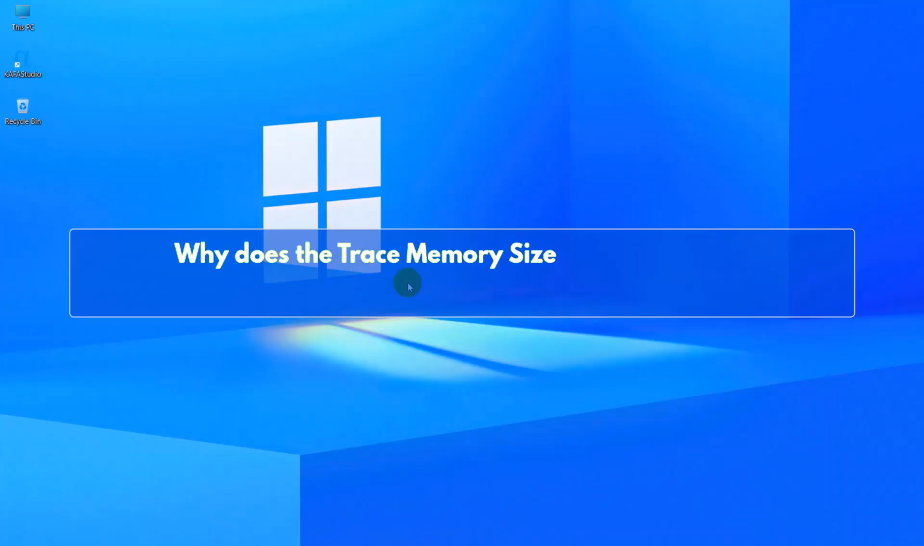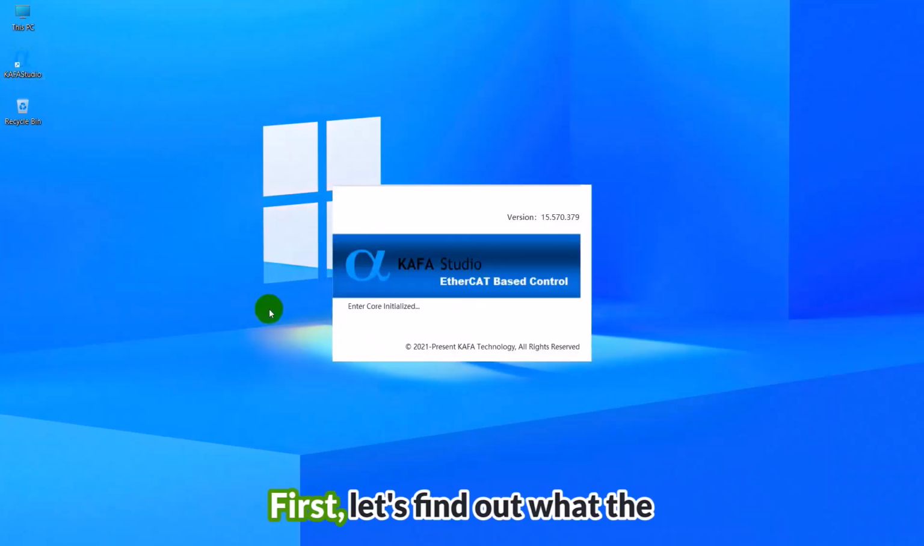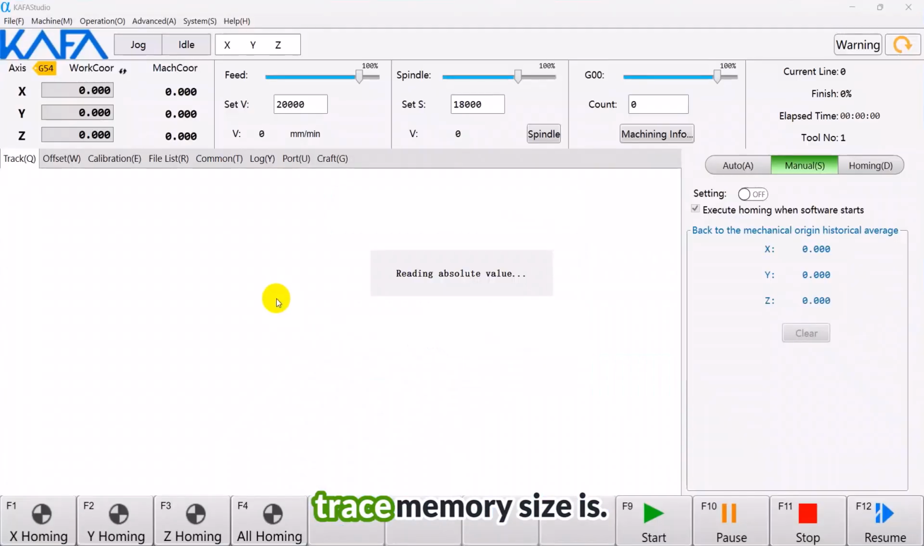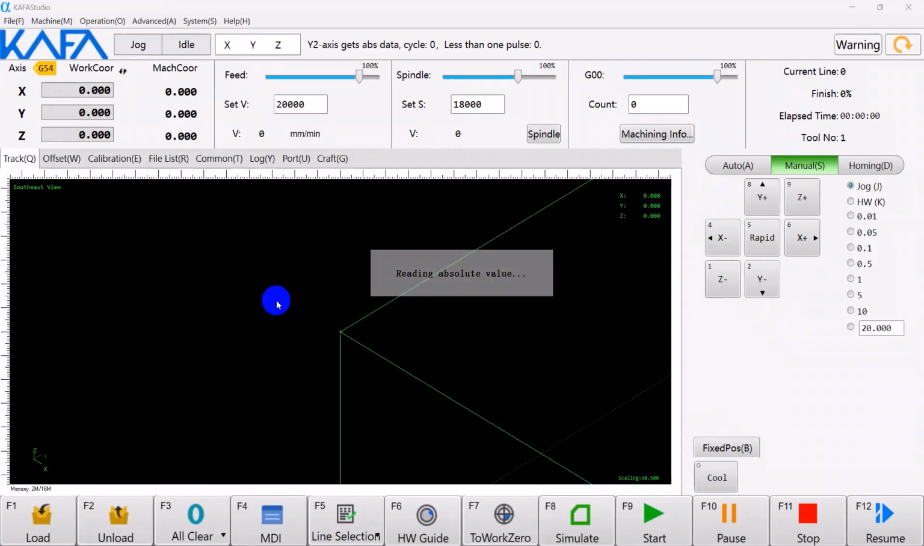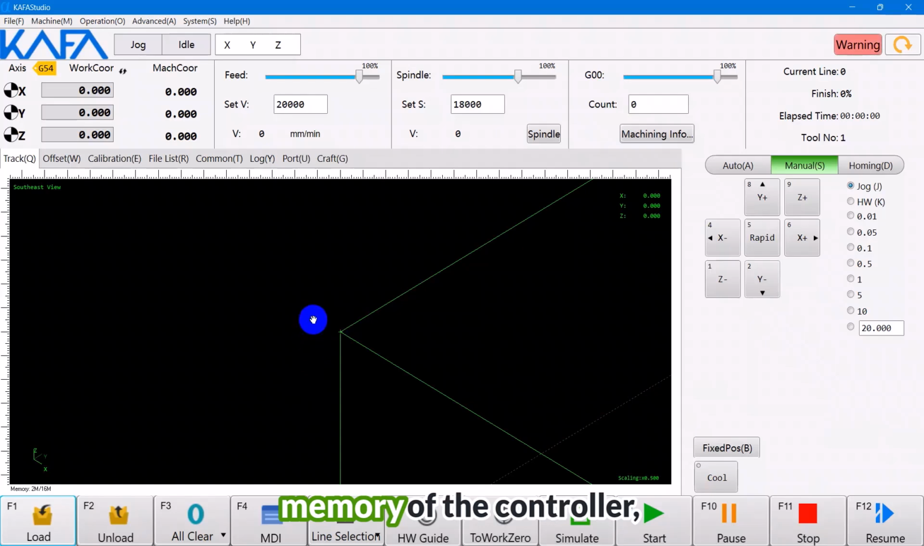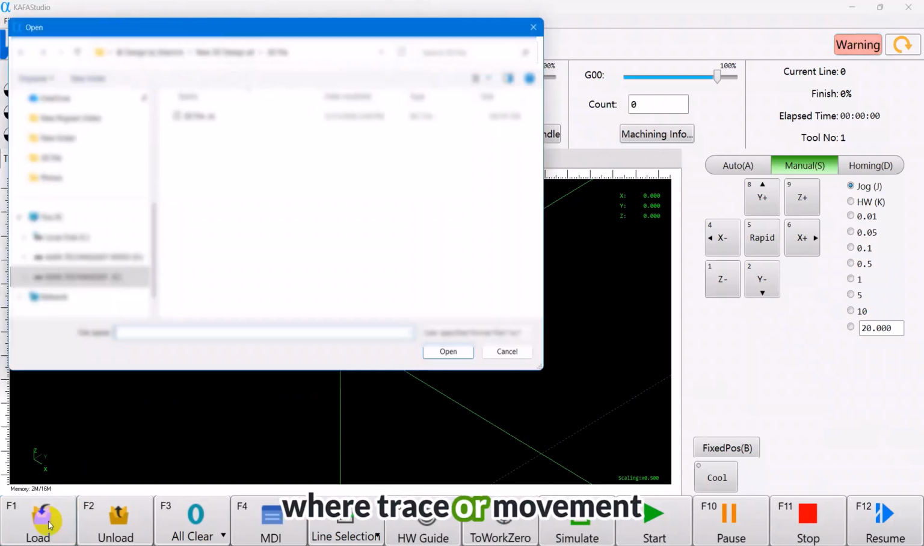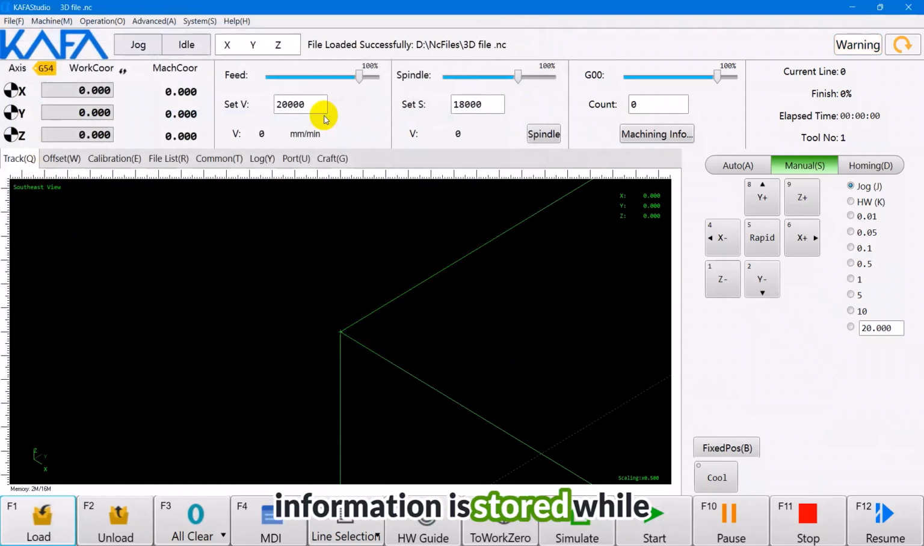Why does the trace memory size problem occur, and how to solve it? First, let's find out what the trace memory size is. The trace memory size is the memory of the controller, where trace or movement information is stored while the machine